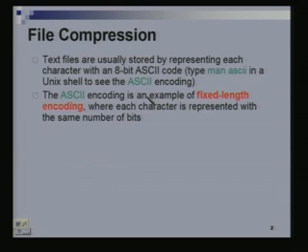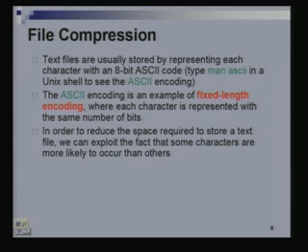So, this is what is called a fixed length encoding. Why fixed length? Because for each character I have the same number of bits. But our idea today is to try and reduce the amount of space required to keep a piece of text. If for each character I use 8 bits, then the total number of bits required will be 8 times the number of characters in that piece of text. But suppose